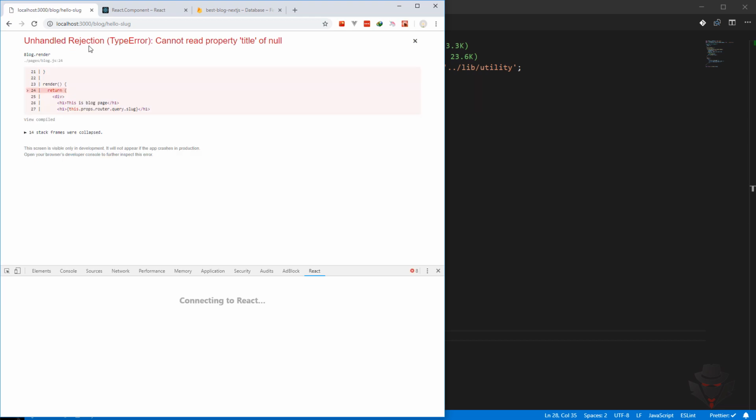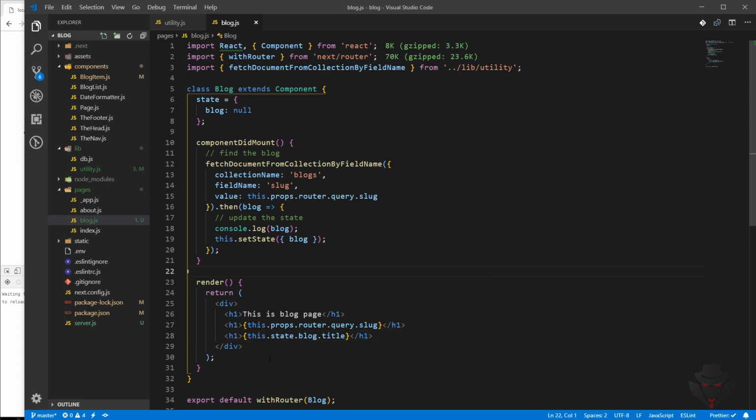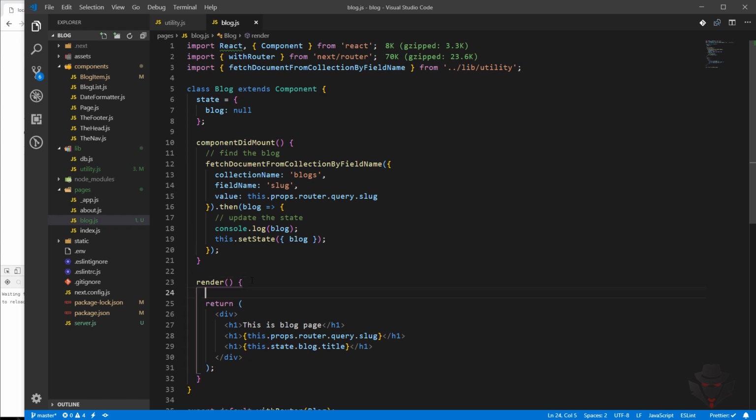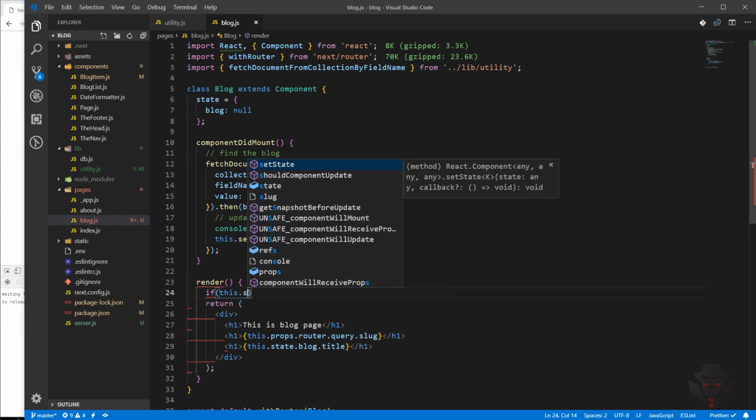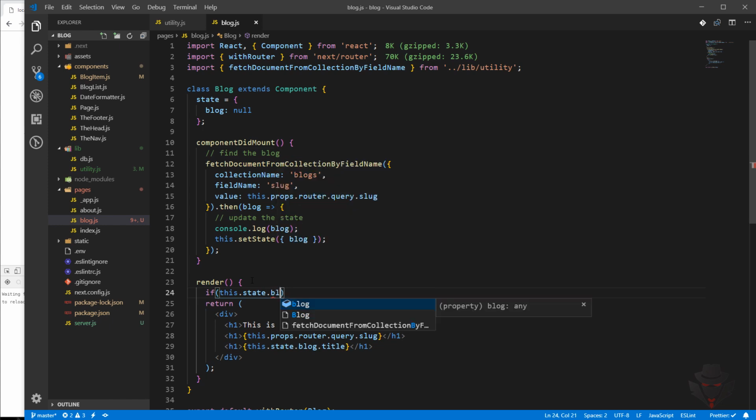And the title is null. So that was expectable because it takes time to fetch data and it comes to the render and the title is not ready. So we can easily check here if this.state.blog not equals null,